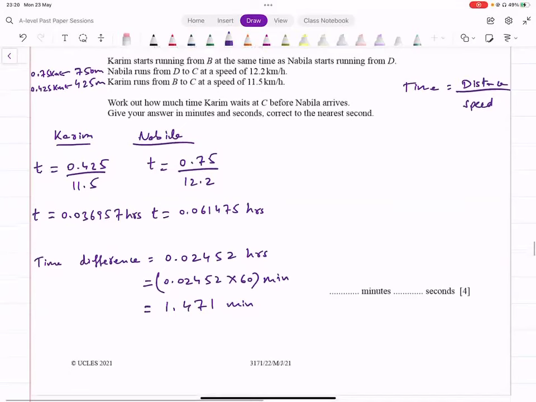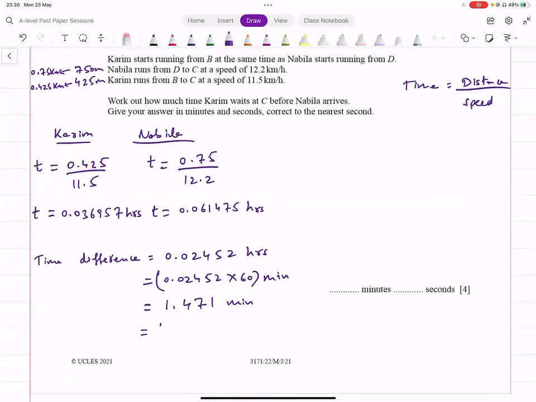ठीक है, अगर आपने सिर्फ मिनट्स में आंसर देना होता, you can write this down, लेकिन आपको मिनट्स और सेकंड्स के अंदर देना है, तो हम क्या करेंगे? 1 को ऐसे ही रहने देंगे, मिनट्स तो आगे आपके पास, and then you got 0.471. 0.471 को आपने सेकंड्स में कन्वर्ट कर देना है, उसको 60 से मल्टीप्लाई कर दें, ये आपके पास सेकंड्स आ जाएंगे. So 0.471 into 60, that's giving me